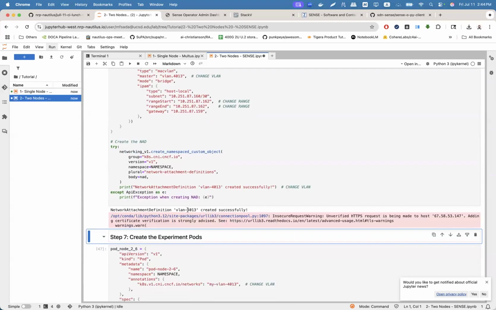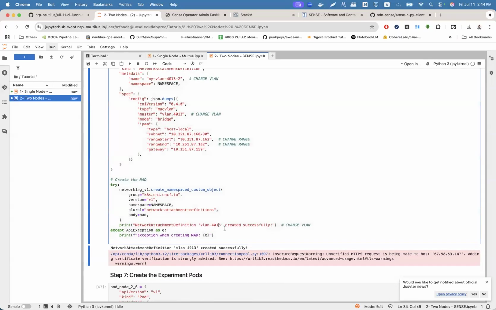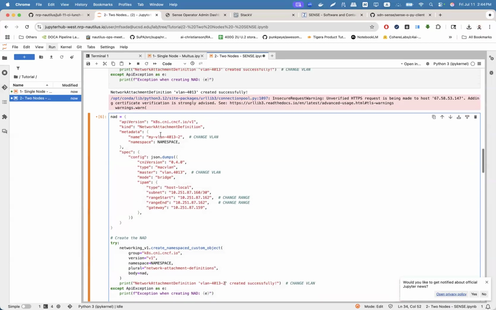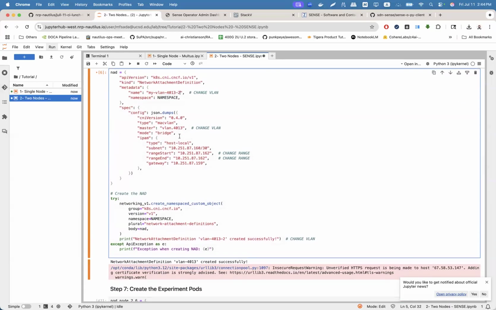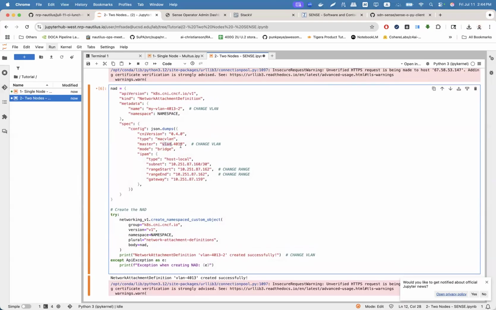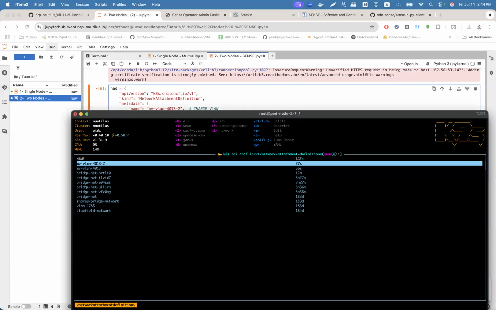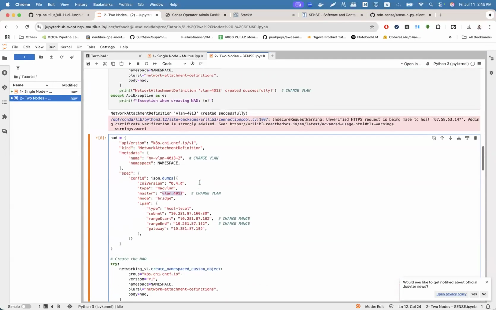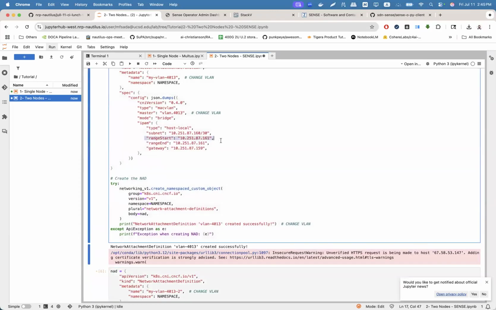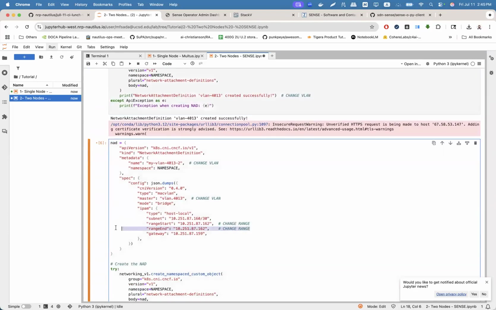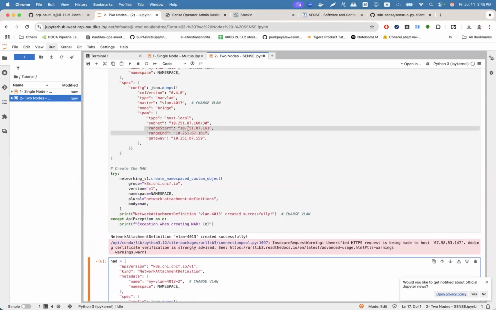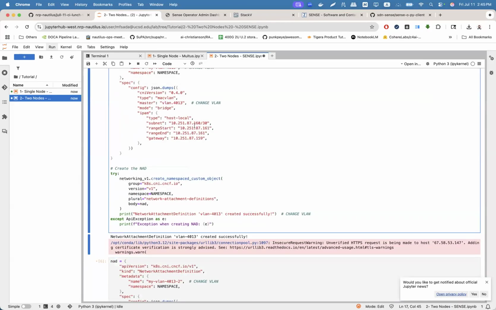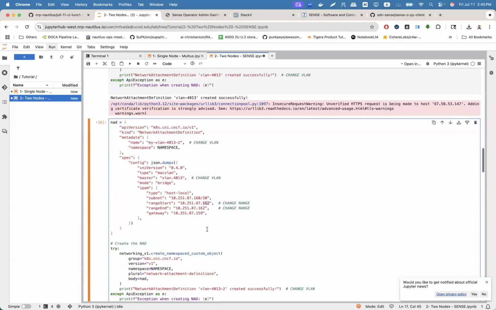And we're created. Sorry, this message here is actually -2. That's what we called our NAD. We're using the same interface on the host because on both nodes it's called VLAN.4013. You can see I have two NADs now. So I'm going to use node-2-6 for one and node-2-7 for one. You can see here our ranges differ a little bit, and that is for IP address assignment. So I'm having a range of one because I want my IP address to be 10.251.87.161 on this and .162 on this.